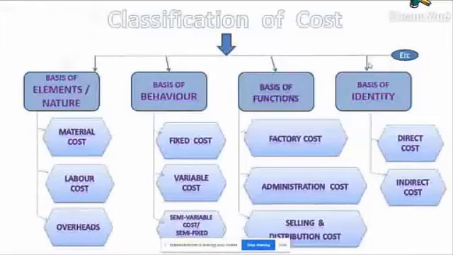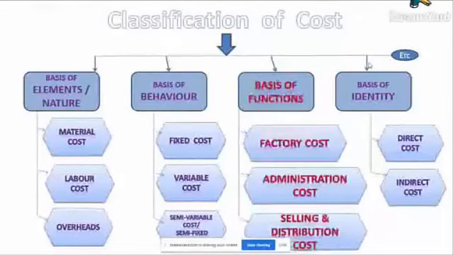Now we are to study a cost sheet also. So looking at the cost sheet, our main classification is the basis of function. The whole cost sheet is based on the basis of function. Once we know the basis of function, then we can classify costs as factory, administration, and selling. In a nutshell, whatever cost sheet we prepare, a cost sheet is nothing but a profit and loss account, where we arrive at a total cost, then we calculate a profit. But this total cost is divided as per the function.